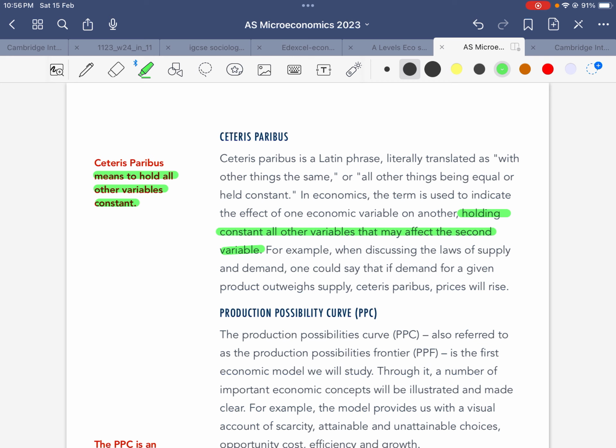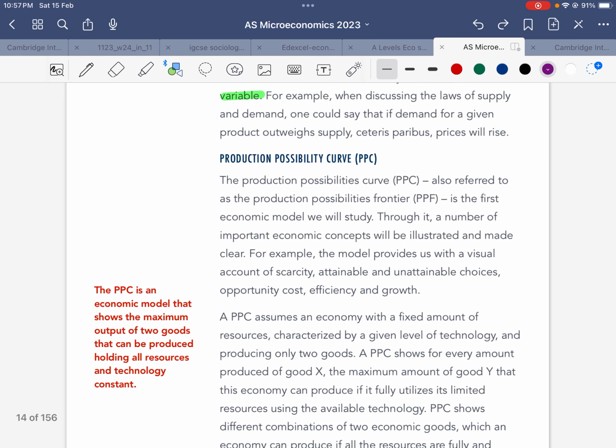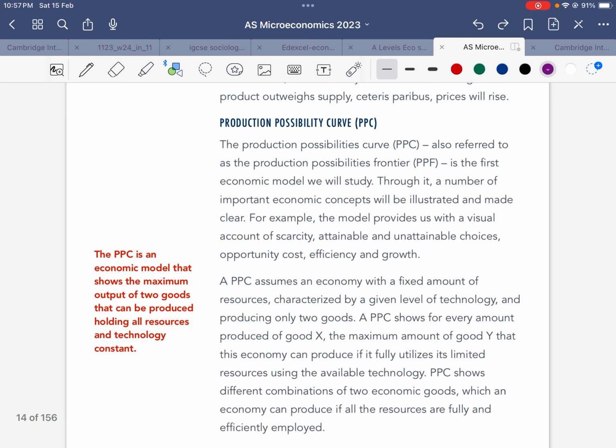Another example of ceteris paribus is the law of demand. We say that when prices come down, quantity demanded changes, and we are not taking into account any other factor that may impact the demand other than price. Or even if the price comes down, people may not want to buy more of that stuff, right? So that is called ceteris paribus.